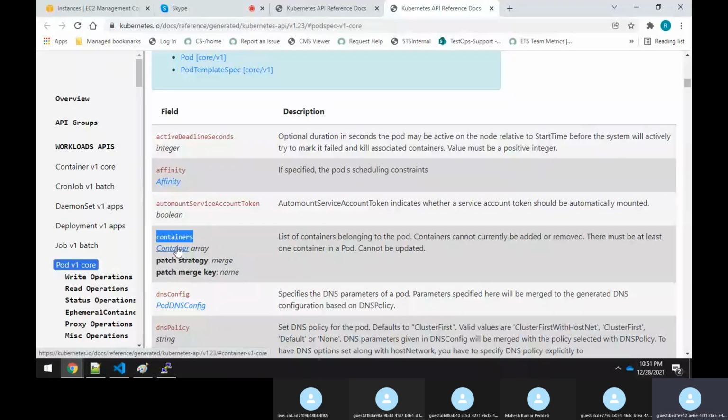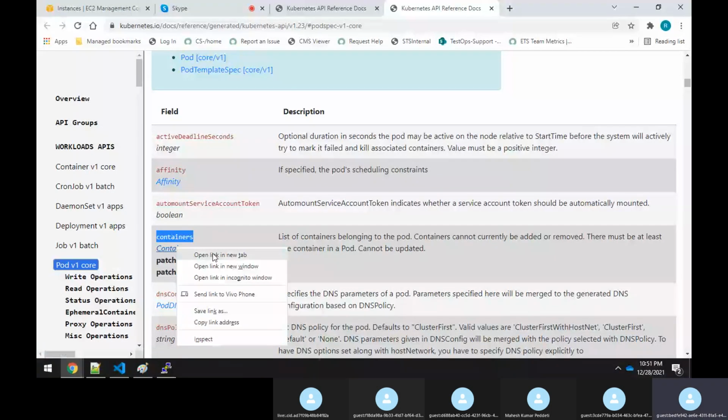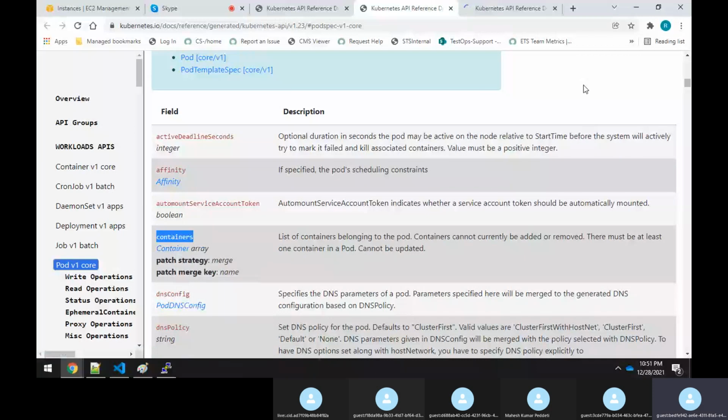If you click on over here, it looks a little difficult or tricky at the beginning, but take it from me, if you practice for a few days, it will be very easy for you to understand, and you will write your own YAML file always. You will not depend upon any other reusable code. You will always write your own code itself.